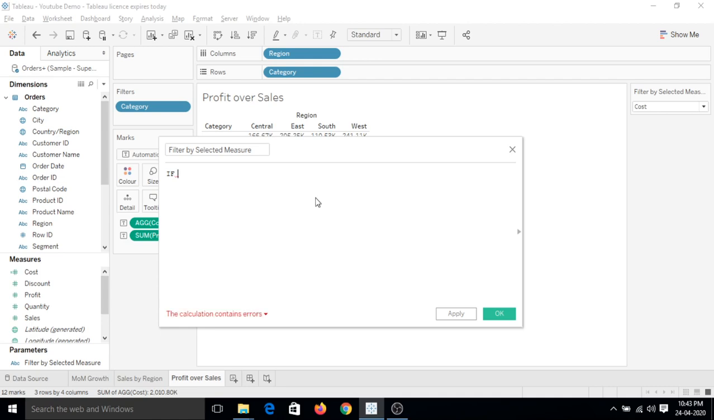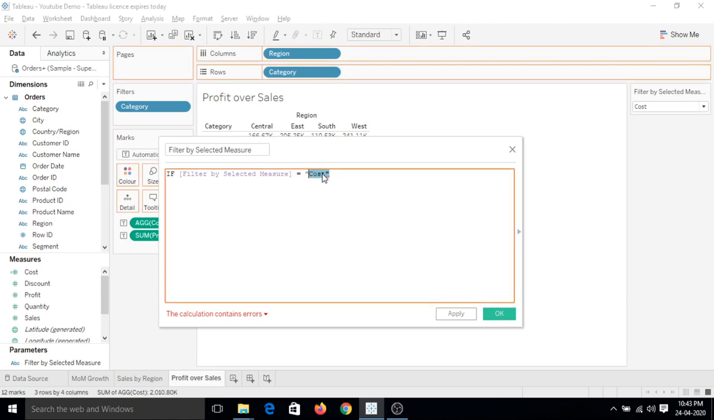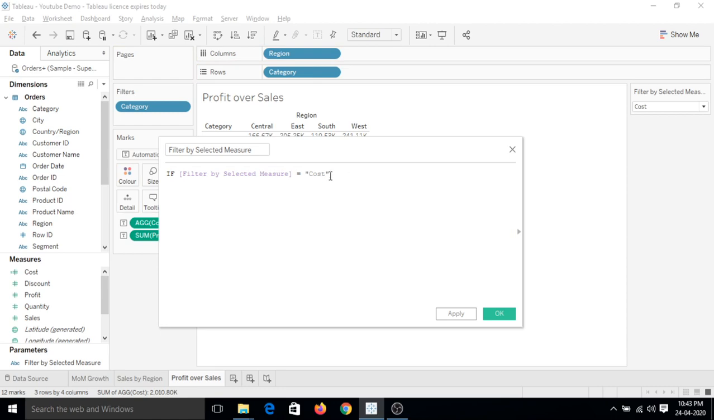this parameter name is filter by, so if this parameter has a value equal to cost, make sure you are using the correct capitalized or small letters. Because these values are case sensitive, make sure that you are using the correct case. If this parameter is equal to cost, then use sum of cost, this is a measure cost, and